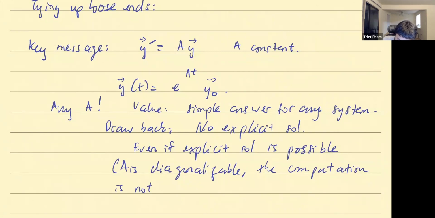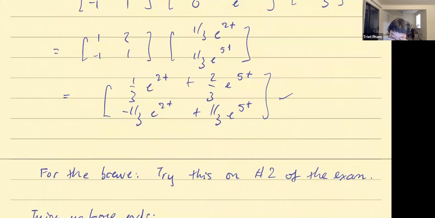It is not efficient, let me put it this way. Roughly speaking, you still have to compute the eigenvalues and eigenvectors anyway. So this approach is not that bad compared to the other approach, except that